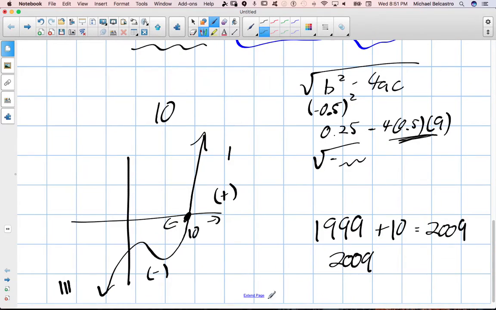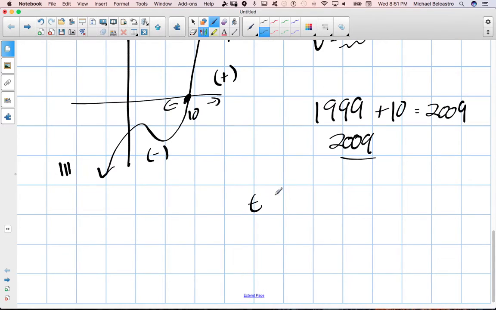So we're going to say after the start of 2009, when t is greater than 10, the price, P of t, will be greater than 90. That's how you could write your answer out. At the very beginning of 2009, it's exactly 90, and then one second after that, we are greater than 90. That's the concept around